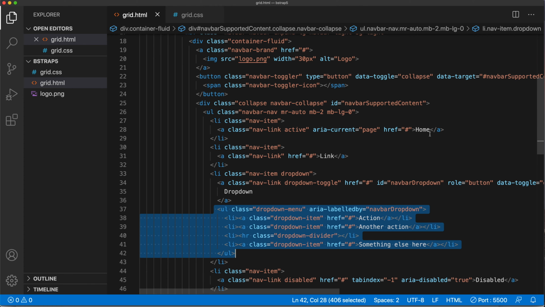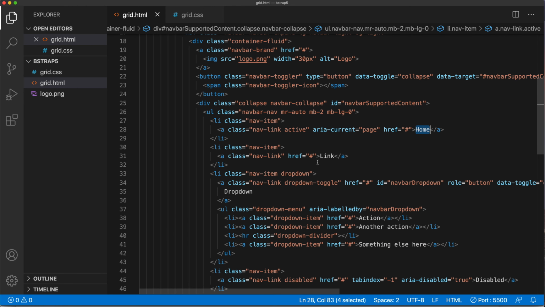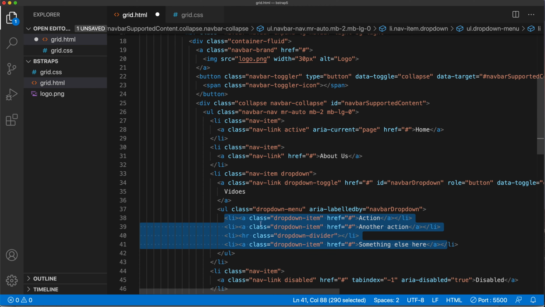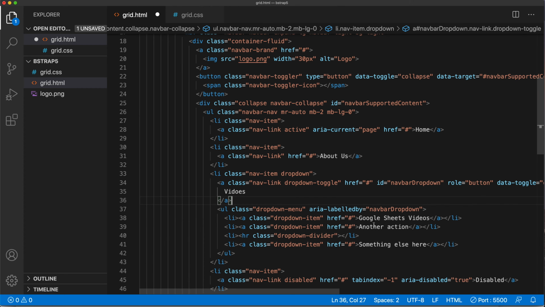So for example, if we have a navigation, the first one, let's say, is our home page. The second one, let's say, is our About Us page. And the third one is, let's say, different videos we have. So we can do videos. And that should open, in this case, a dropdown. And in this case, we're going to have different items in that videos dropdown. So we can go here and say, Google Sheets videos, and then we'll do something like Excel videos, and then